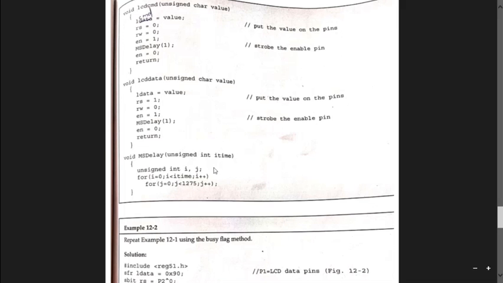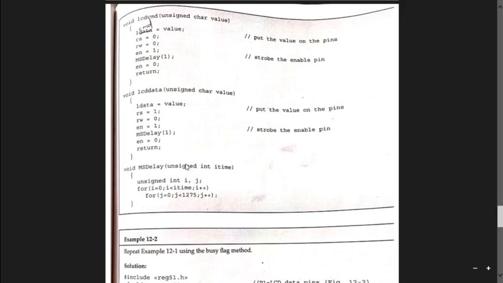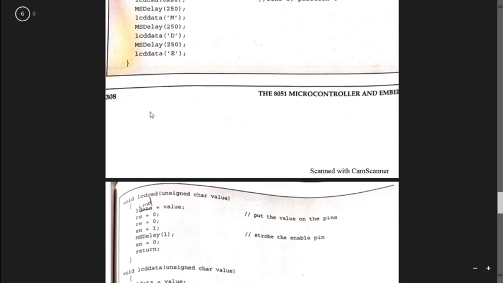This executes the same way as the previous program, and you'll get a large amount of delay here. After the delay program is executed, it comes back again here, disables the latch and returns. It returns to where LCD command was called, it goes there, to LCD command. Got it? What is happening?